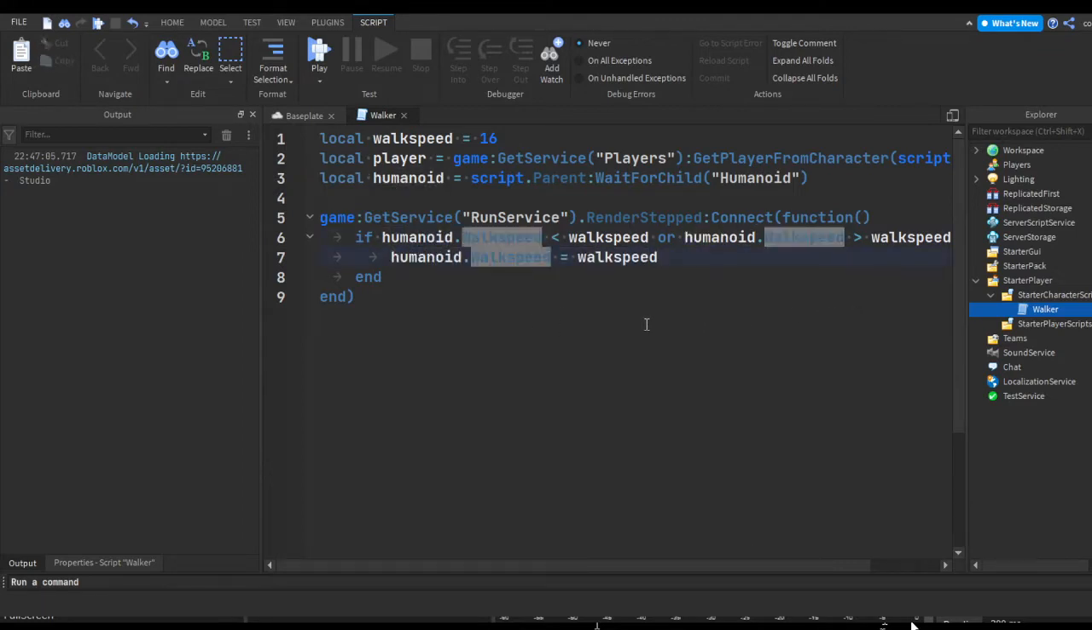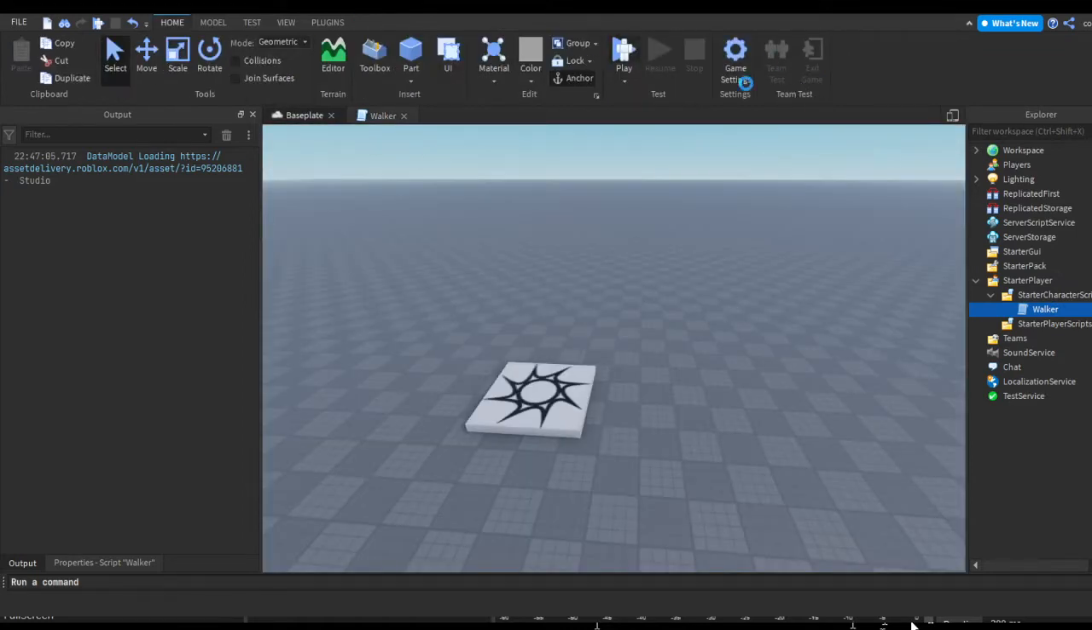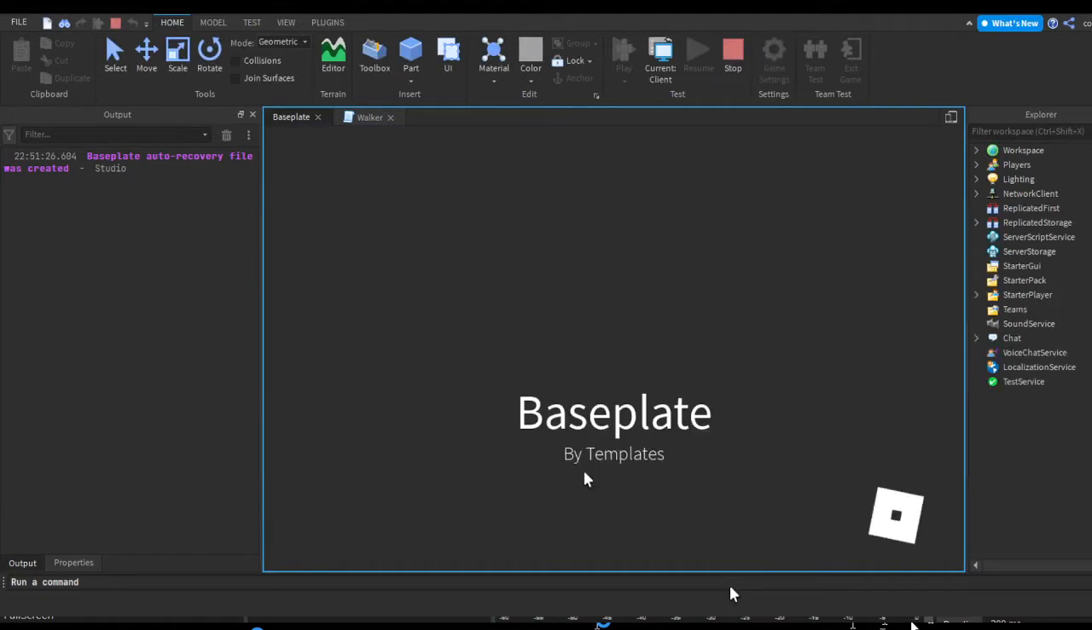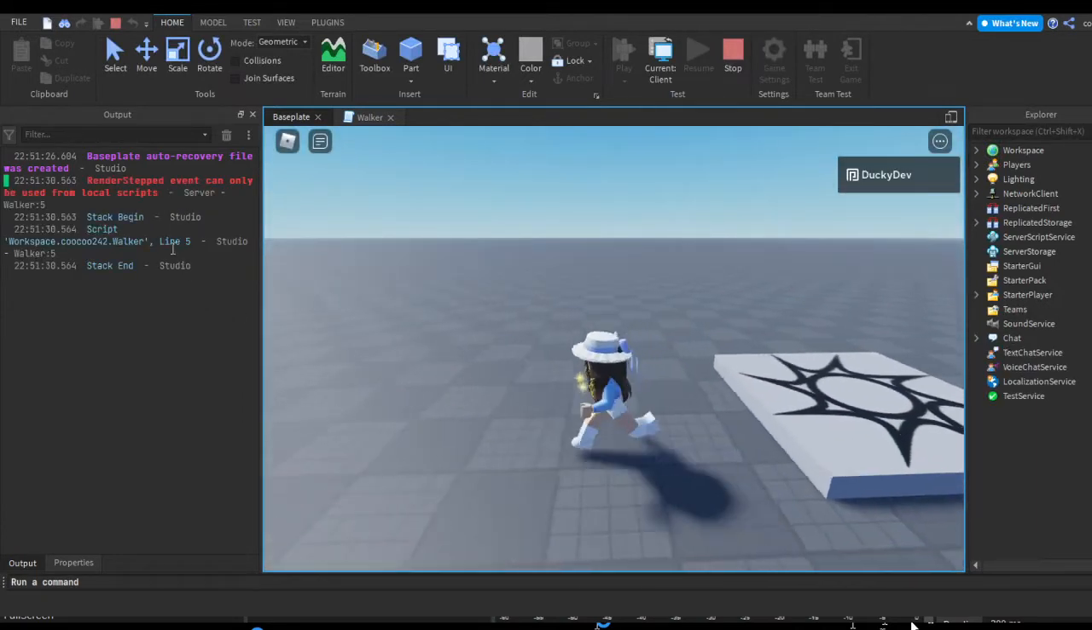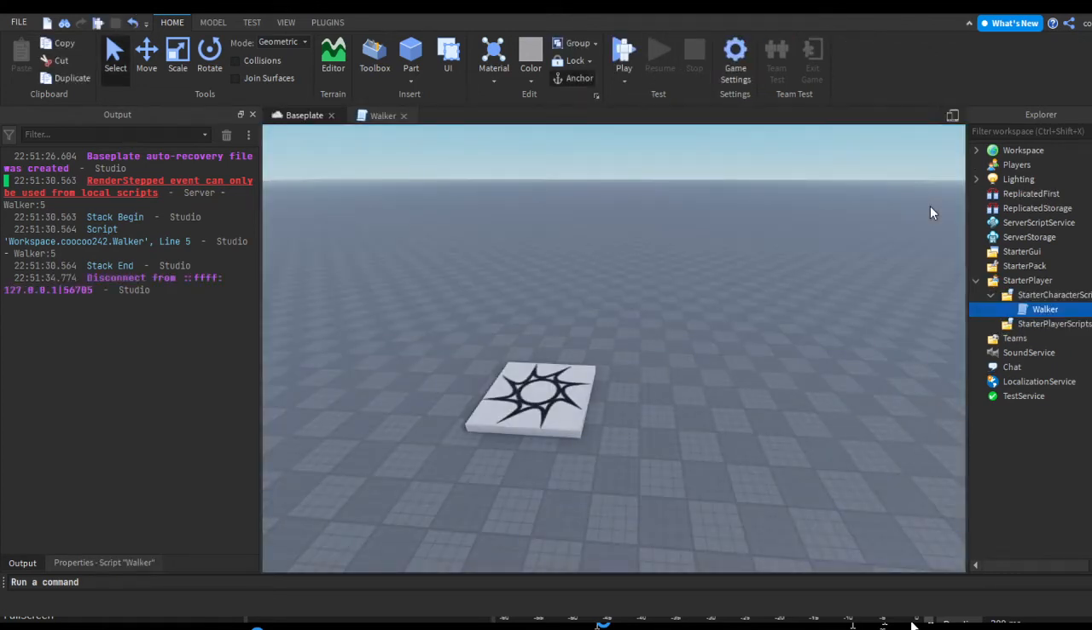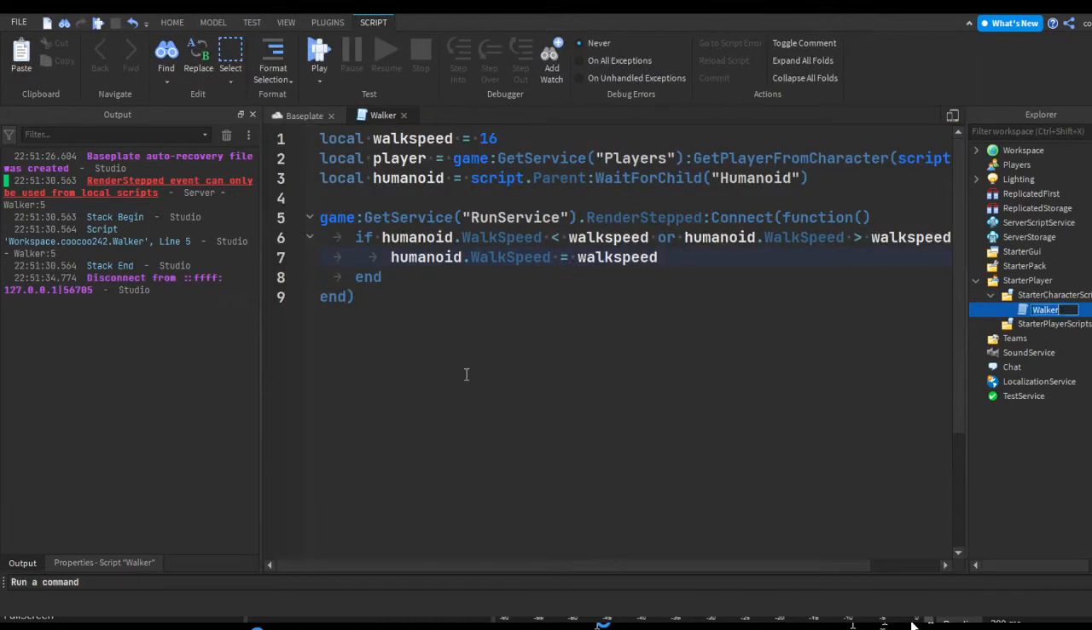And this might actually be a capital S. I'm not actually sure. I'm just going to change this to a capital S just in case. So this should be our basic walk speed anti-cheat. So let's load this up. Render stepped can only be used on a local script, so I guess we should try doing this on a local script, or if you want it to keep checking